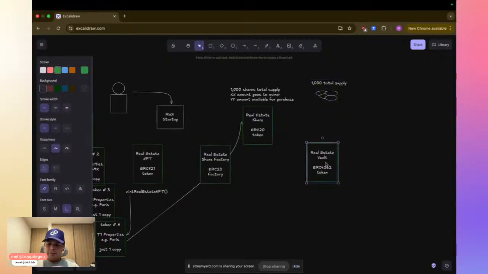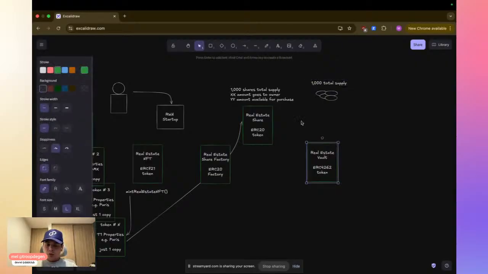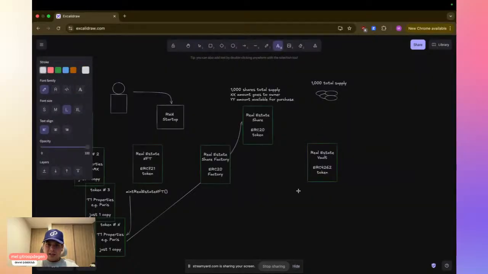So then let's say we also want to tell people, hey, you can also deposit this supply to the real estate vault, and any yield that gets generated monthly, earnings, let's say you rent it out.